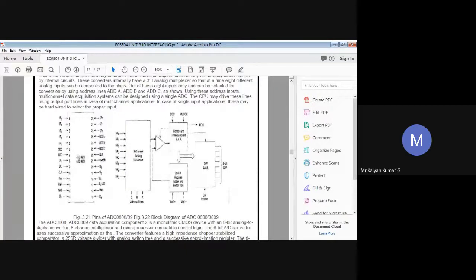Okay. So resolution is one of the parameters to decide the performance of your A to D converters. The resolution of a converter is nothing but the minimum analog voltage value that can be represented by the digital data. So that we call resolution. I repeat, the minimum analog voltage value that can be represented by the digital data.